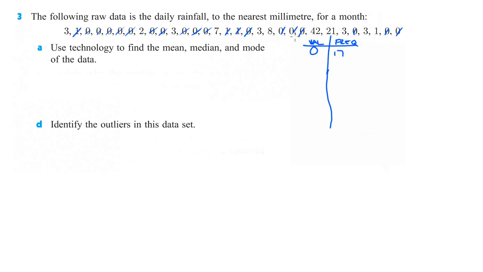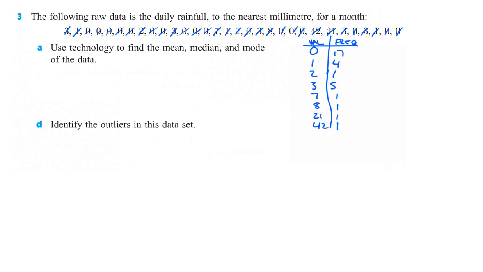1, 2, 3, 4. There is a 2 in there, at least one. I see one there, just 1, 2, and then there's some 3s. 1, 2, 3, 4, 5 3s. And then the next one I see is a 7, and there's just one of those. And I see an 8, and there's just one of those. And then there's a 21, one of those, and there's a 42, just one of those. And then the nice part about this is I cross everything off and I make sure that I don't miss